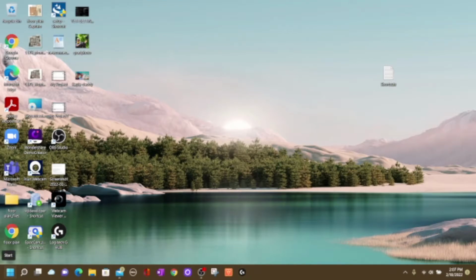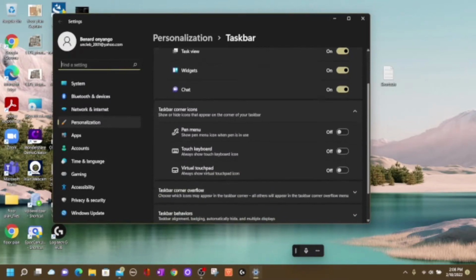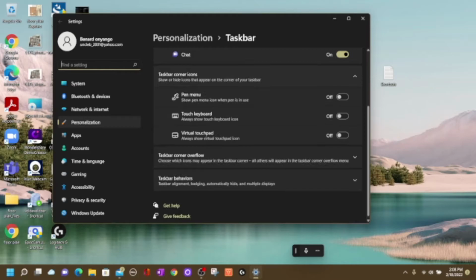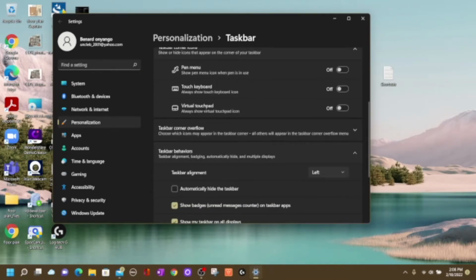And how do you hide it? Sometimes you're working on a couple of things and you want your taskbar to be hidden. So just do the same process. You right click on the taskbar, then do taskbar settings, and then you scroll down again to the taskbar behaviors, and then on these behaviors you want to click automatically hide the taskbar,